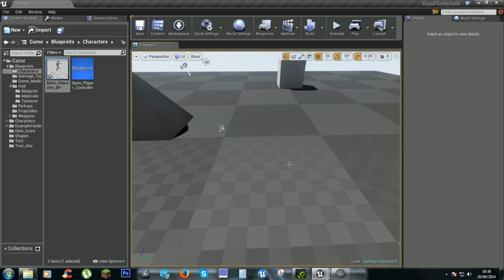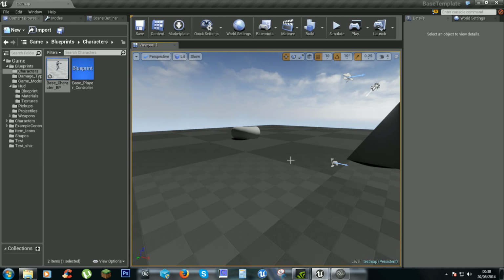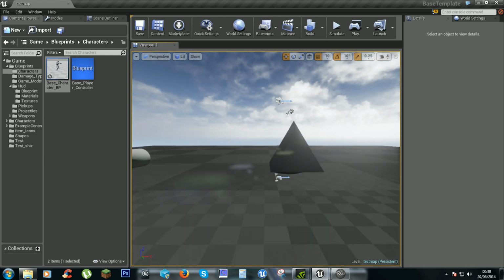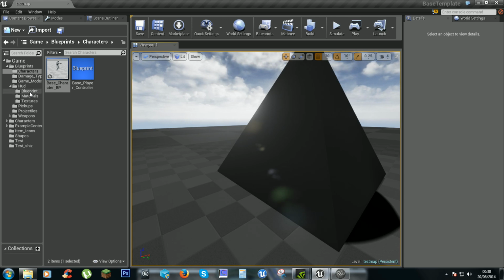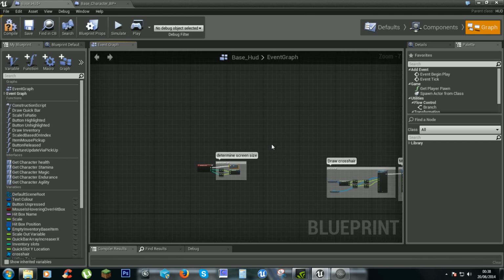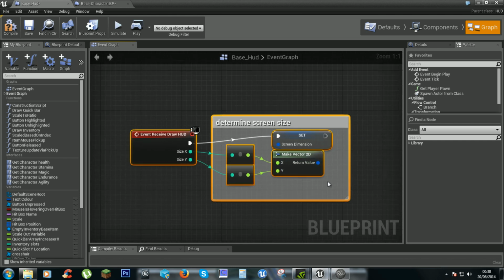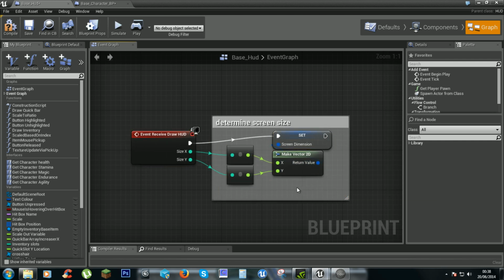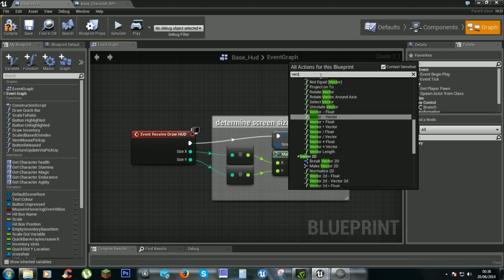Hi and welcome back. First we're going to start drawing off the HUD elements, starting with the crosshair, so we can actually see what we're pointing at. To do this, we will need to go into our HUD, and we'll need this first. This just determines our screen size. It's a vector 2D, and you should be able to just create it